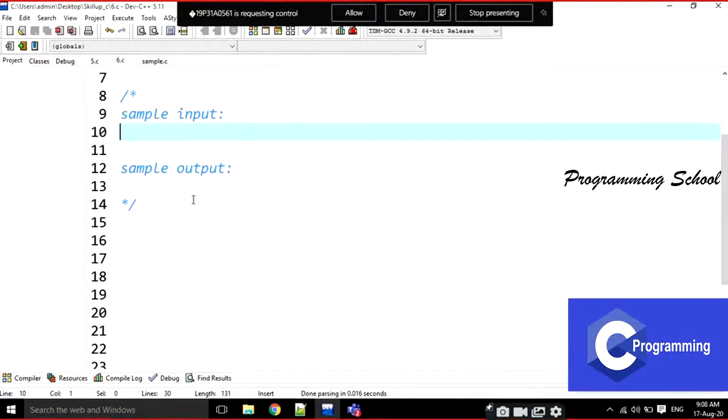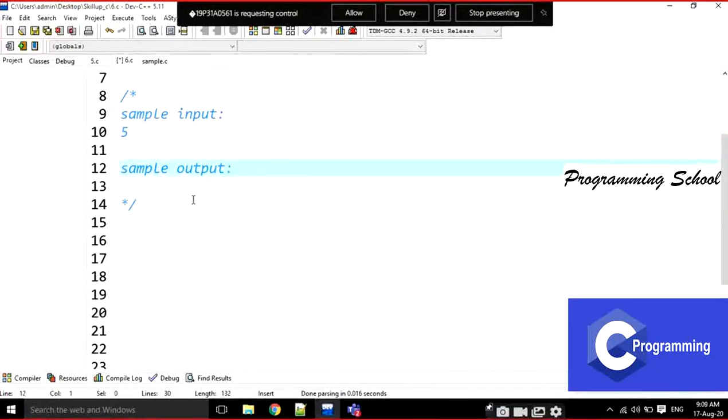Okay, what is this multiplication table concept? For example, this is the sample input and the sample output. If n is equal to 5, this is the sample input.